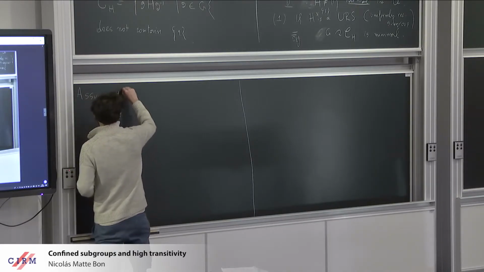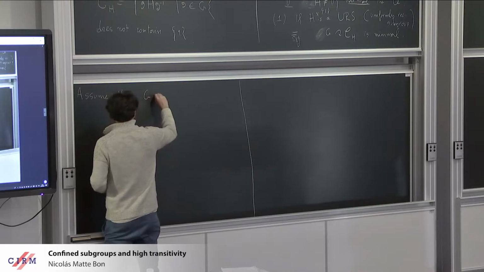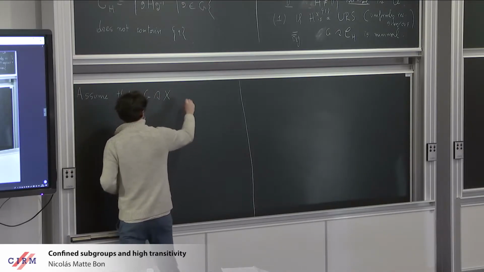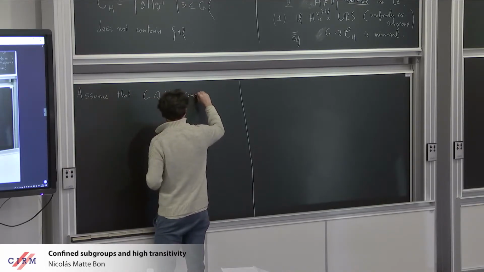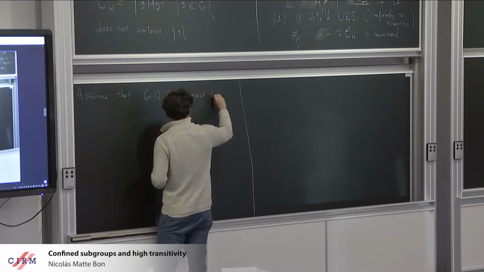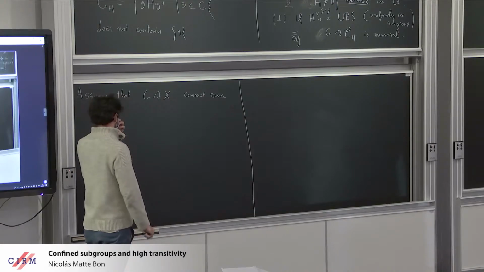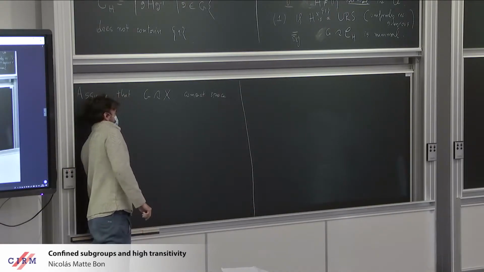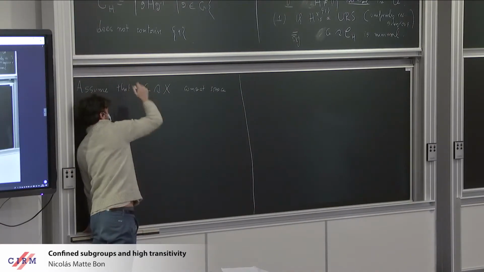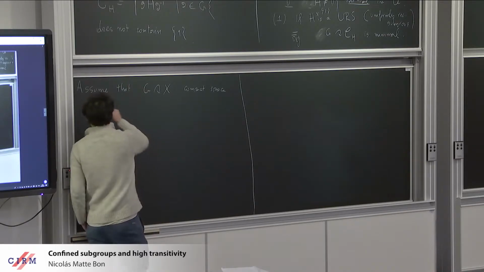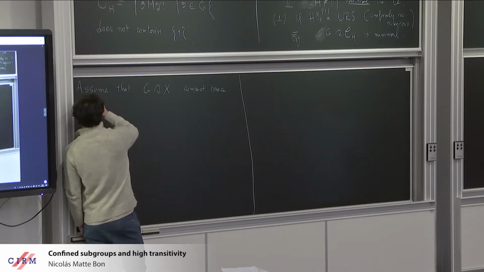Assume that G acts on X, a compact space, in such a way that